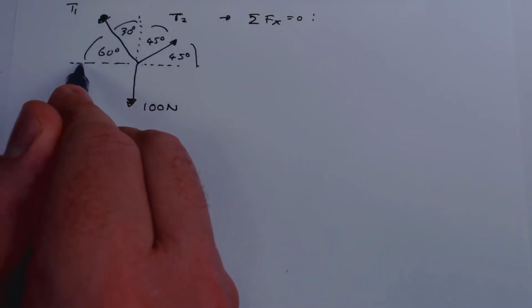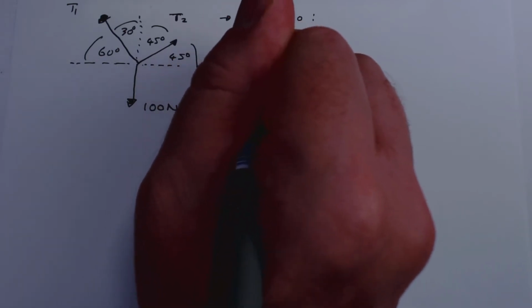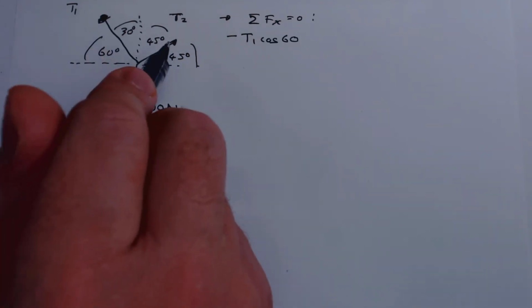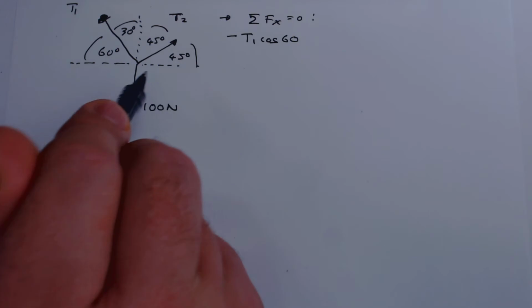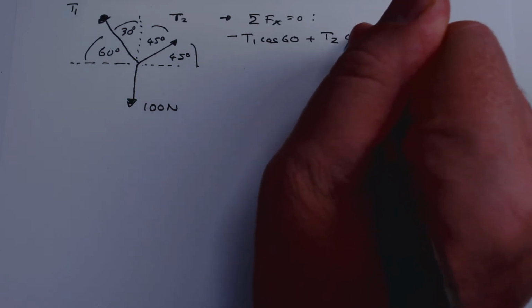This one here I'm going to swing it down to this axis here, so it'll be pointing in a negative sense to my arrow pointing in the positive sense. So we have minus T1 swing through 60 degrees, so cos 60. This one here would swing through 45 degrees, plus T2, it's now pointing in a positive direction,